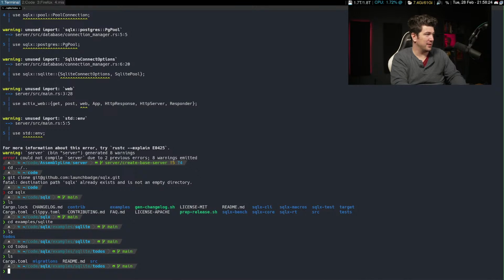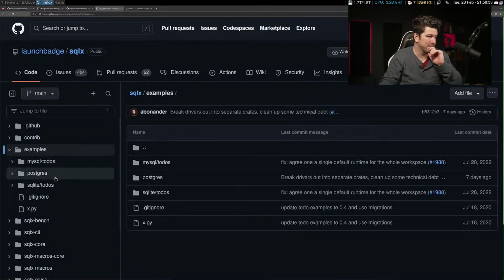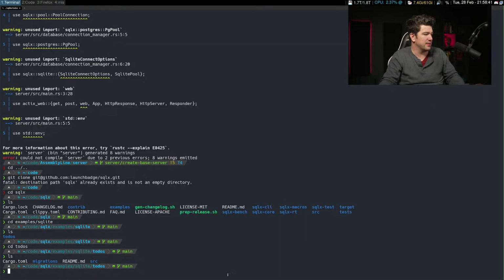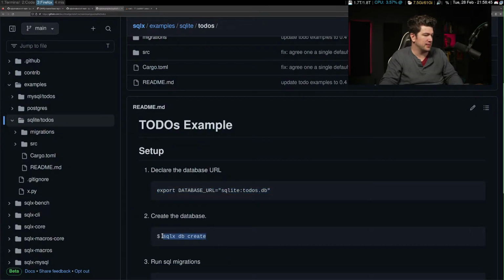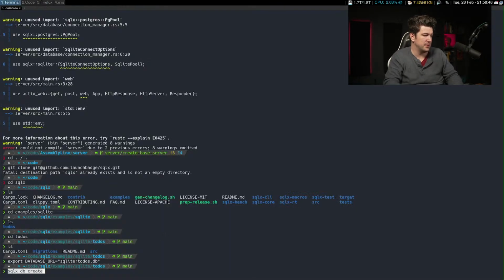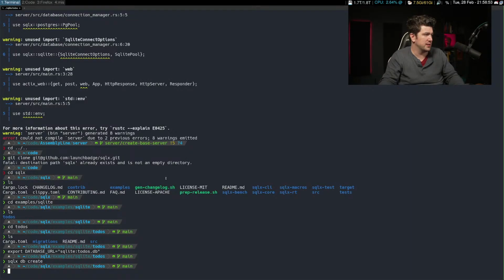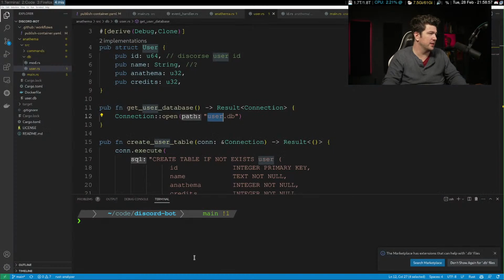So we have. Let's see. Let's run through their example. Let's run through it. So we'll export this. That's theirs. Fine. Good enough. Let's do this. Easy. Let's do this. We'll run their migrations. And then we'll open it up in Visual Studio Code. We'll open it up over here.